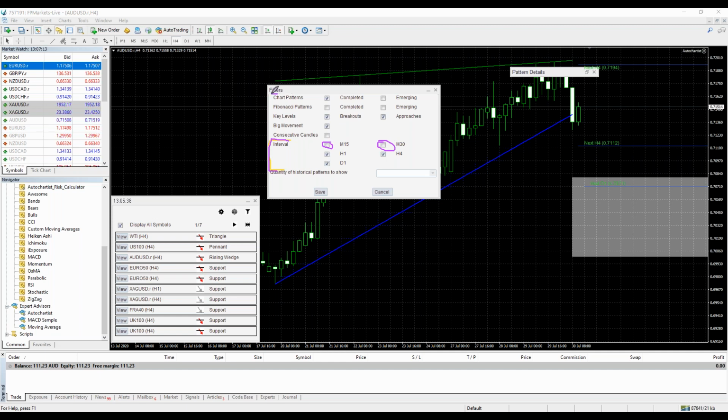And then of course over here you can actually filter out what types of analysis and trade setups you want to see. So I normally look at the breakout chart patterns, the breakout key levels, and the approaching key levels. I actually go a step further, although there's no option to filter it out on the breakout chart patterns. I'll actually show you what I do when looking at breakout chart patterns. I do one more scan through the names over here before I look at them, and I'll give you the reason why in just a moment.